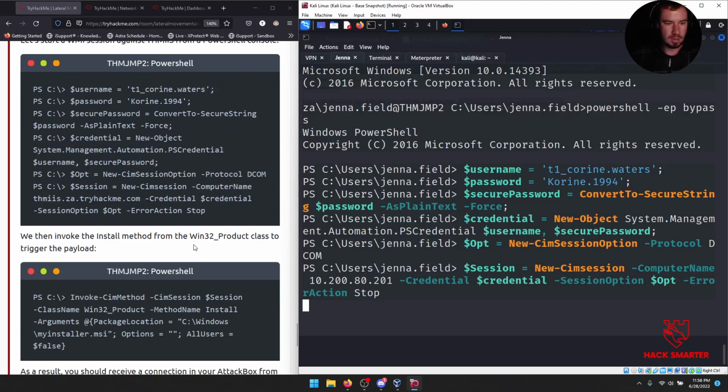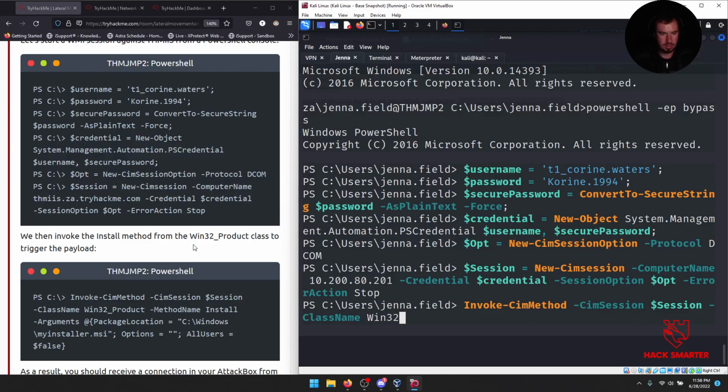We then invoke the install method from the Win32 product class to trigger the payload. Very interesting. Let's give it some time to do its thing. I got no errors. That's amazing, especially at midnight. Invoke CIM method, CIM session, session, class name, Win32 product, method name install, arguments,